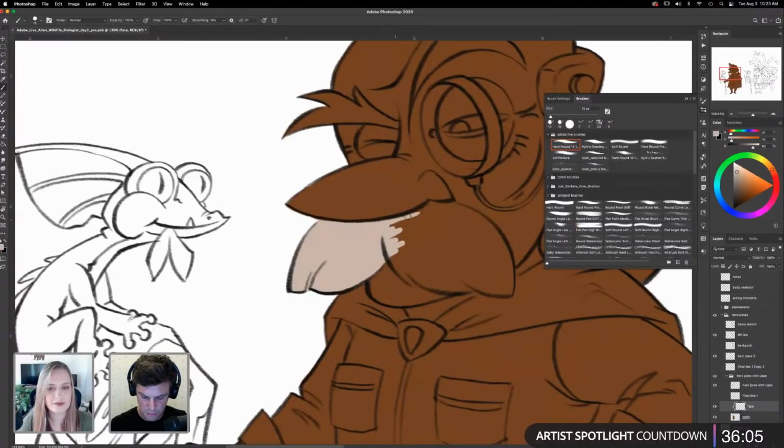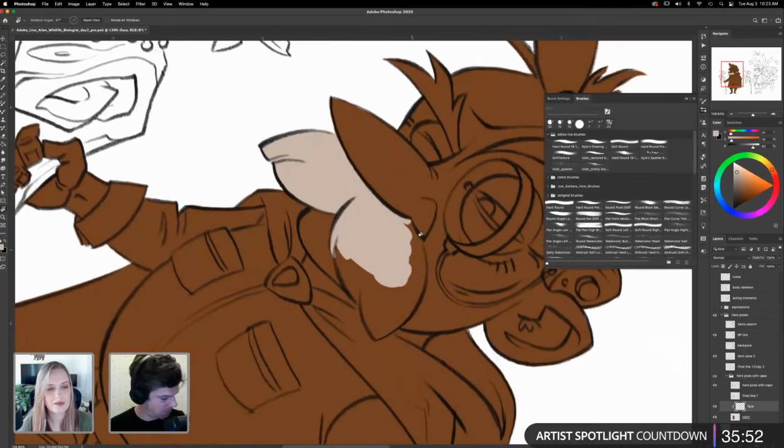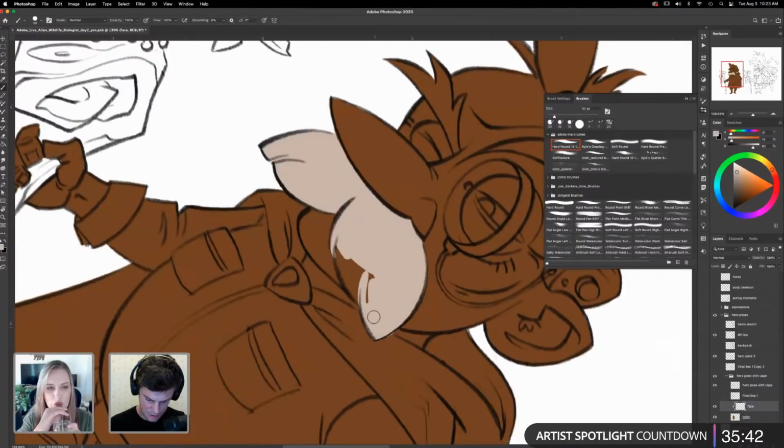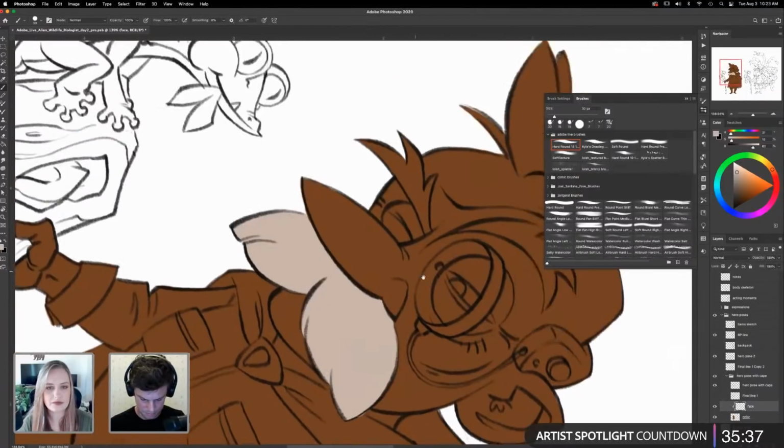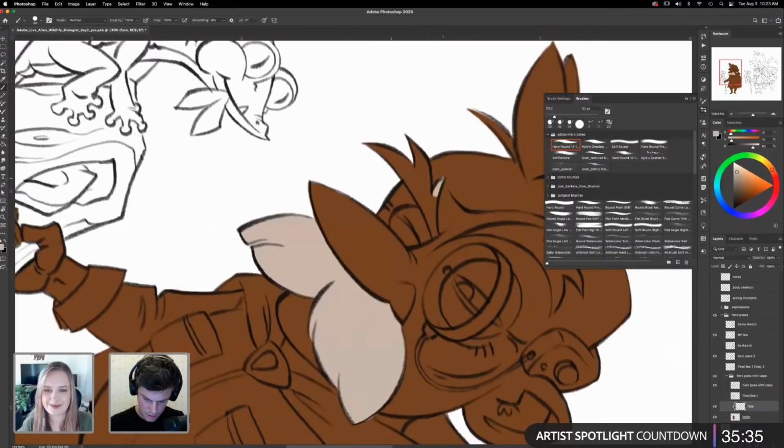Yeah. Which is nice. I don't always do it that way. Sometimes I just want to paint and be a little more loose. But I feel like this guy, since I don't have a ton of time to do rendering, I want this to be a much more graphic and flat approach with the color. So this will kind of just make it easier for me.